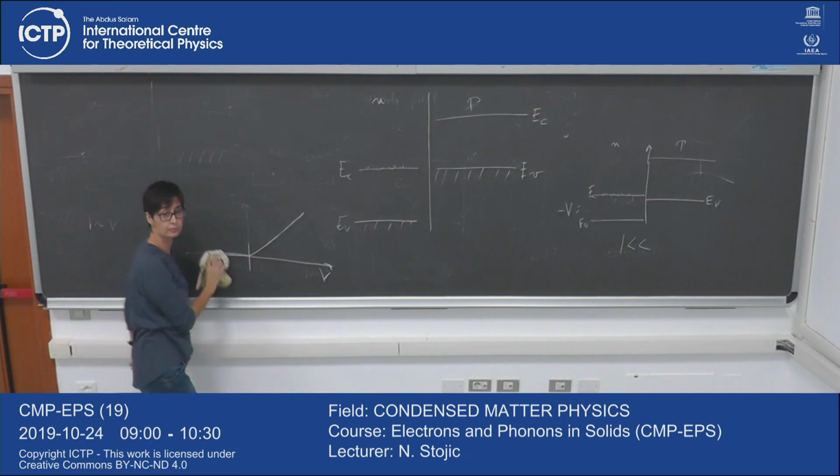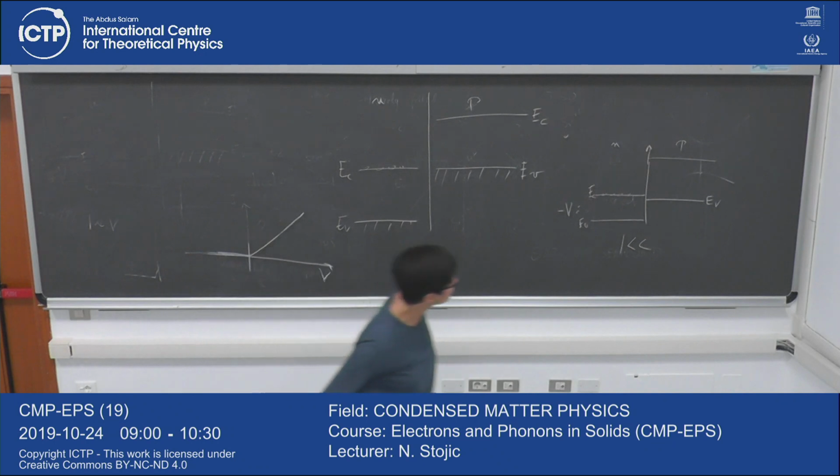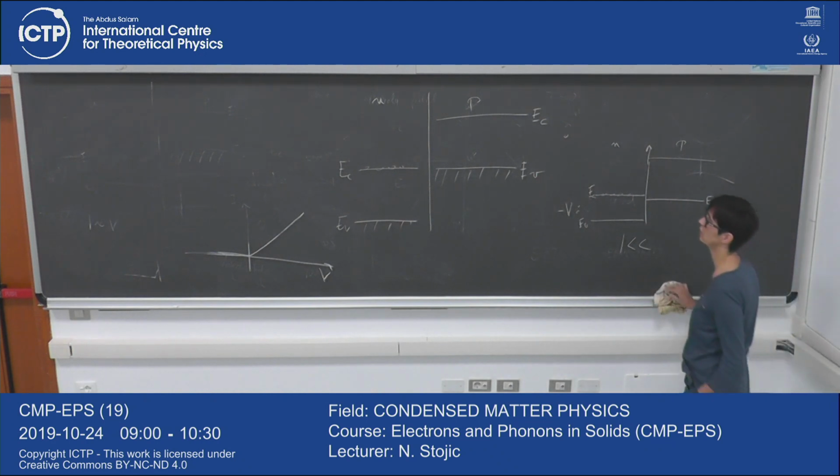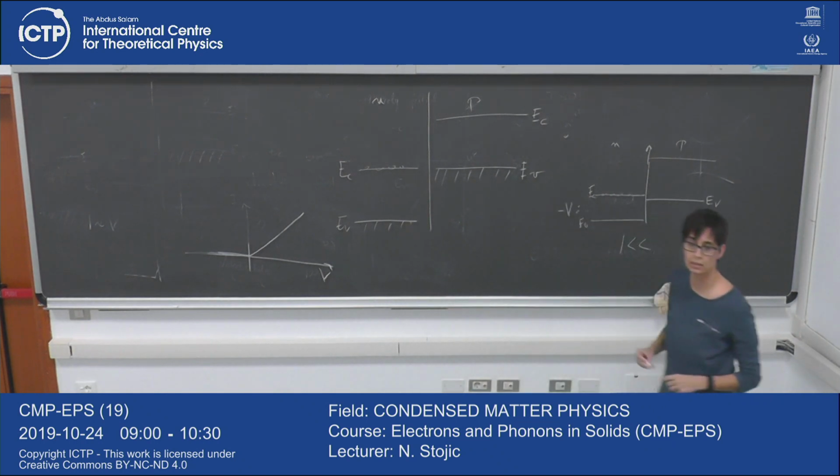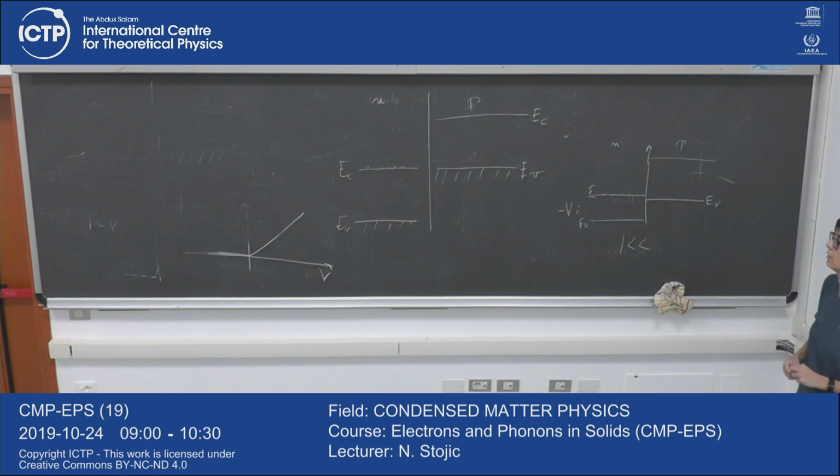The middle painting is for zero voltage, just by having them in contact. If we apply negative voltage, the left part, the N part, is just lifted up. But if we apply even stronger voltage,